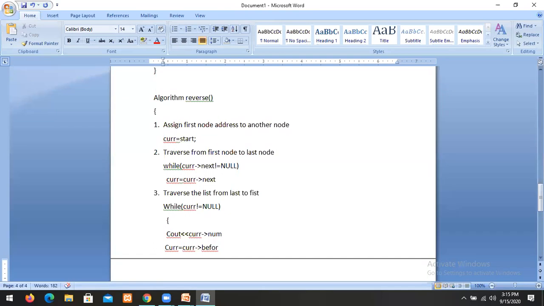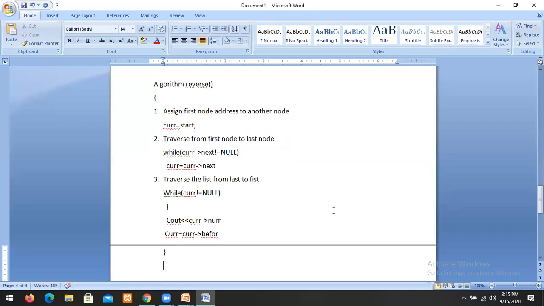So by using this, we can traverse from last to first. This is the way.